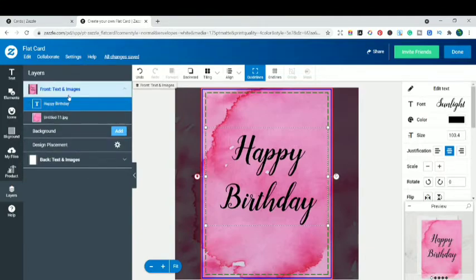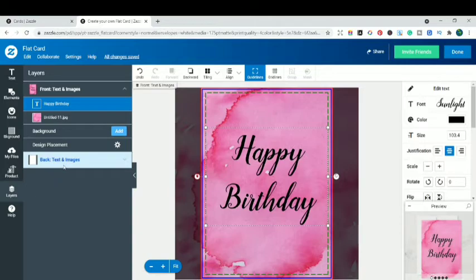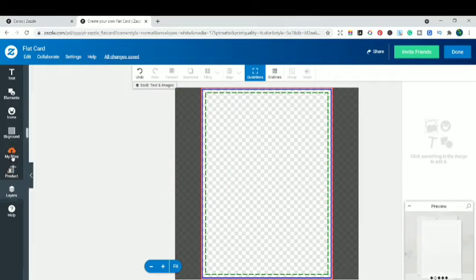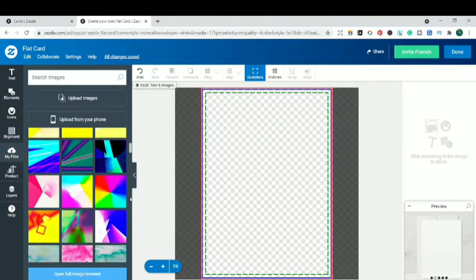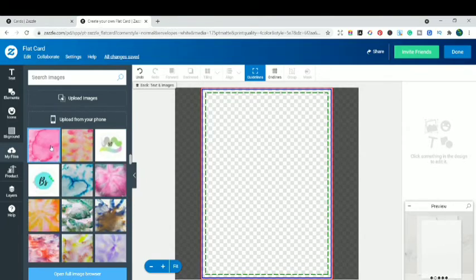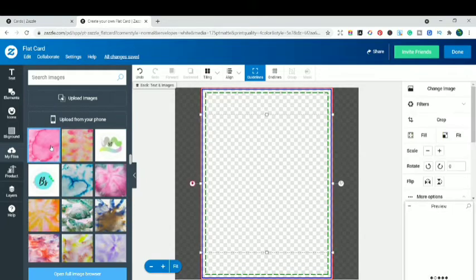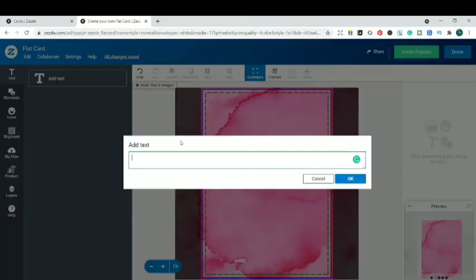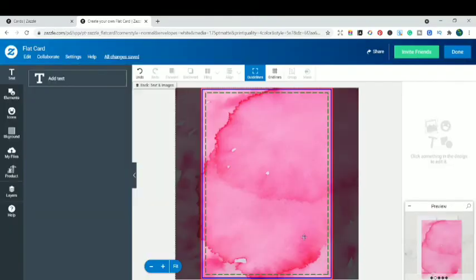Now this is the front part of the card, guys. You can also go to the back side and add textures. At the back I'm going to add the same texture which I added on the front, because it will look more like an ad. You can also leave the back of your card as it is, or you can write your brand name. I'm going to write it as pink texture, that's my brand, or maybe write it as Pinky. Okay, that's my brand name for this card, guys.